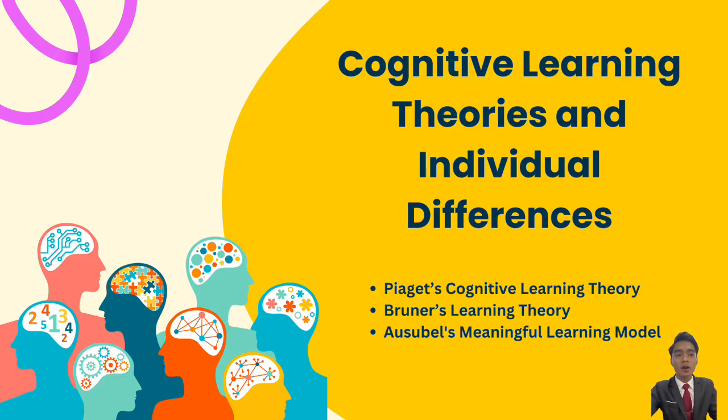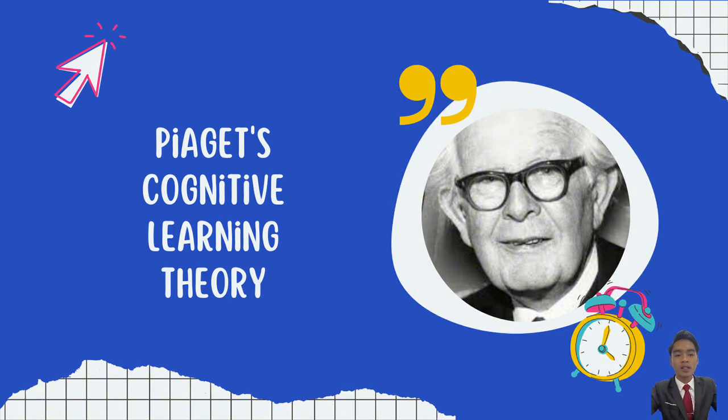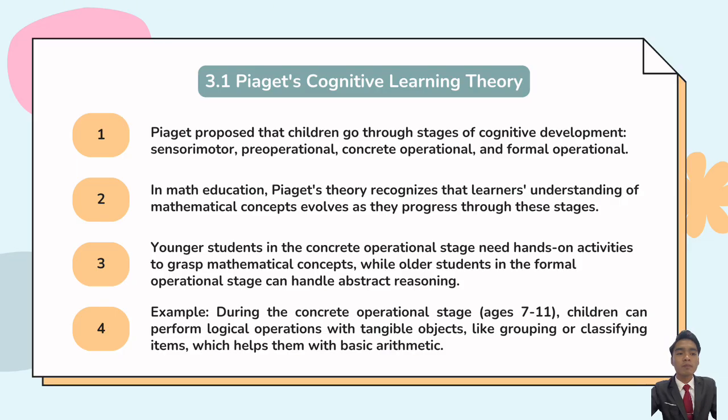Now, let's discuss the cognitive learning theories and individual differences based on 3 different theories. The first one is Piaget's cognitive learning theory. Piaget proposed that children go through stages of cognitive development: the sensorimotor, pre-operational, concrete operational, and the last stage is the formal operational. In mathematics education, Piaget's theory recognized that learners' understanding of mathematical concepts evolves as they progress through